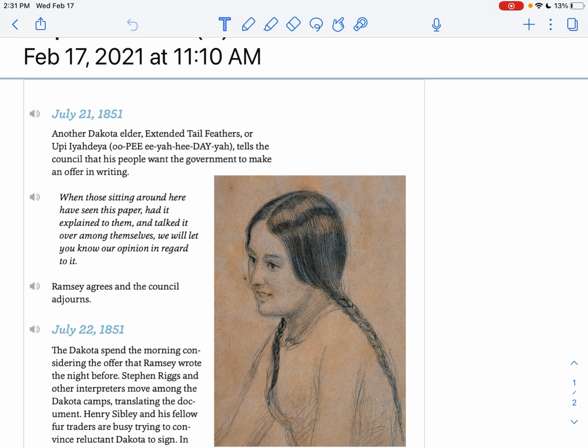July 21st, 1851, another Dakota elder, Extended Tail Feathers, tells the council that his people want the government to make an offer in writing. Wow, this is smart. Wants to make an offer in writing. What does that mean? In other words,